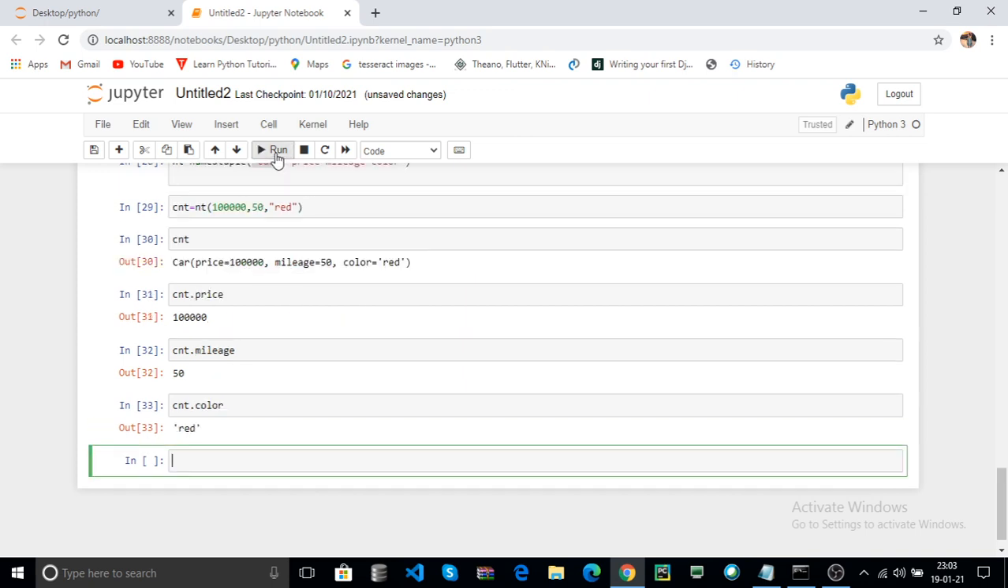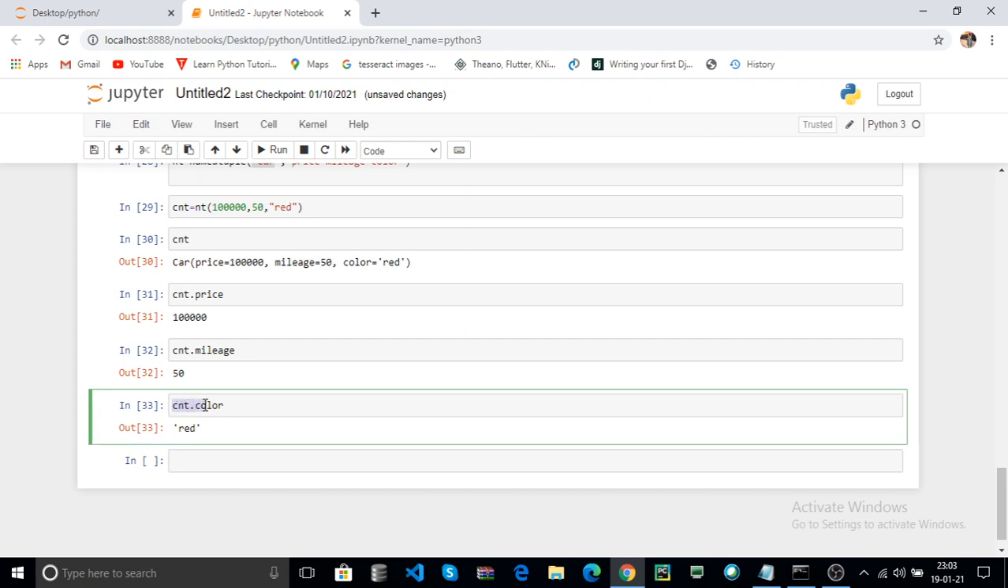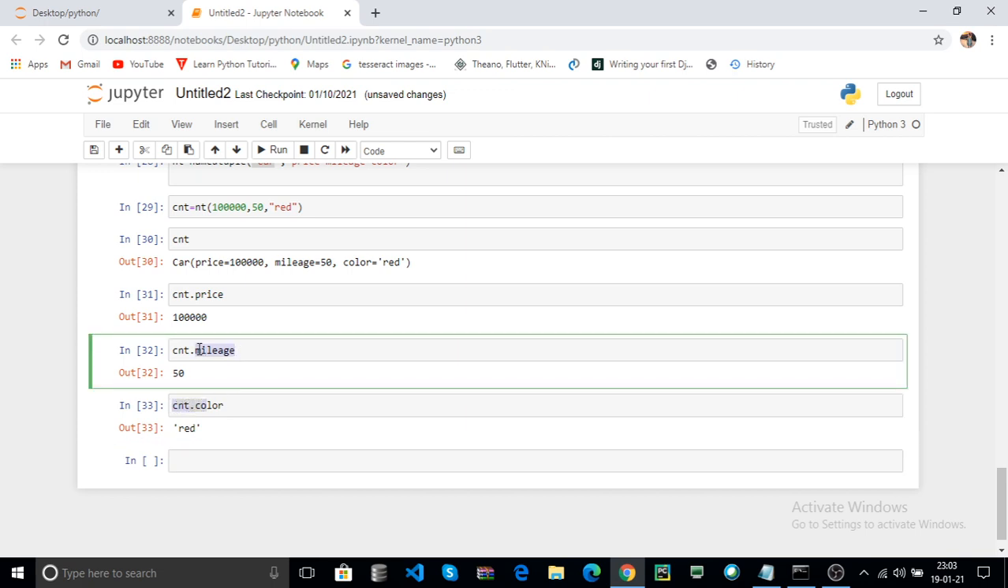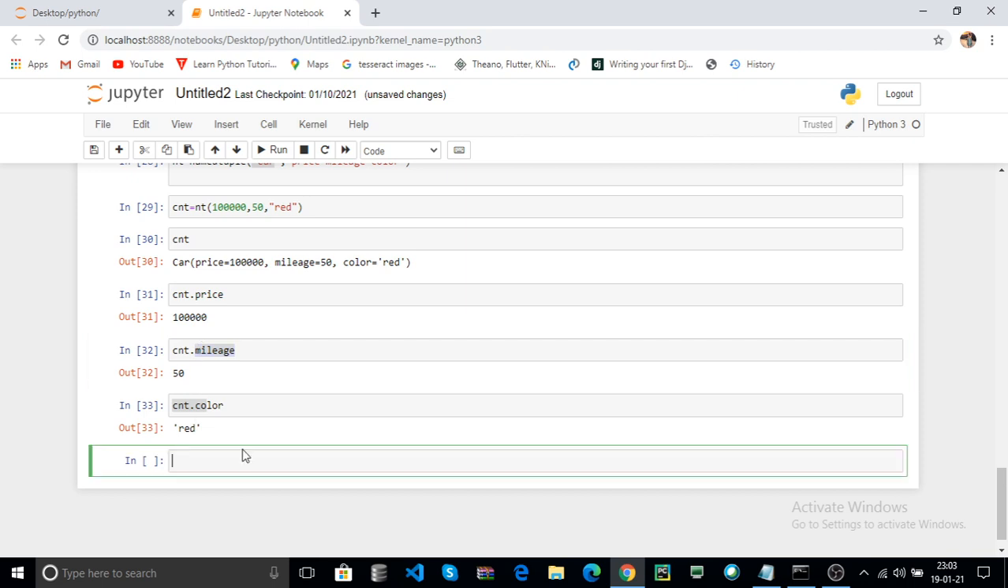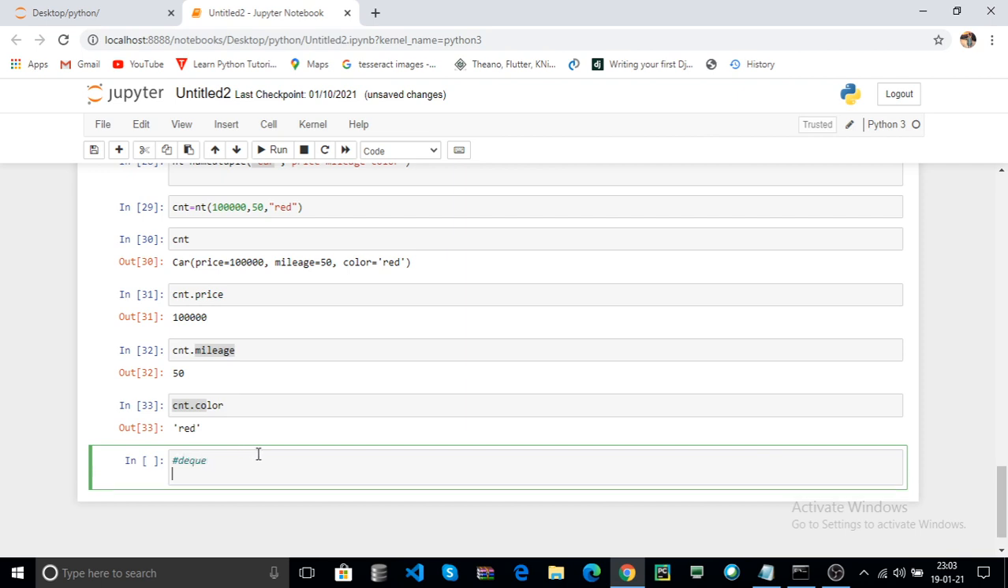Now click on run. Here you can access the values based on name only, not an index. That is the difference between tuple and named tuple. Now deque. The deque performs operations at both ends, like one end is the insertion and the other end is